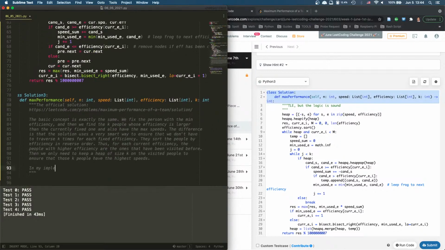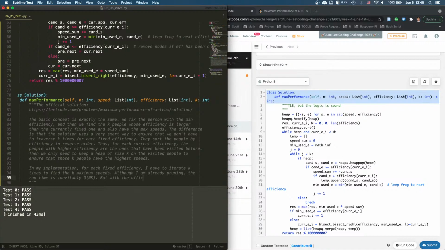In my implementation, for each fixed efficiency, I have to iterate k times to find the k maximum speeds. Although I am already pruning, the runtime is inevitably O(N K),